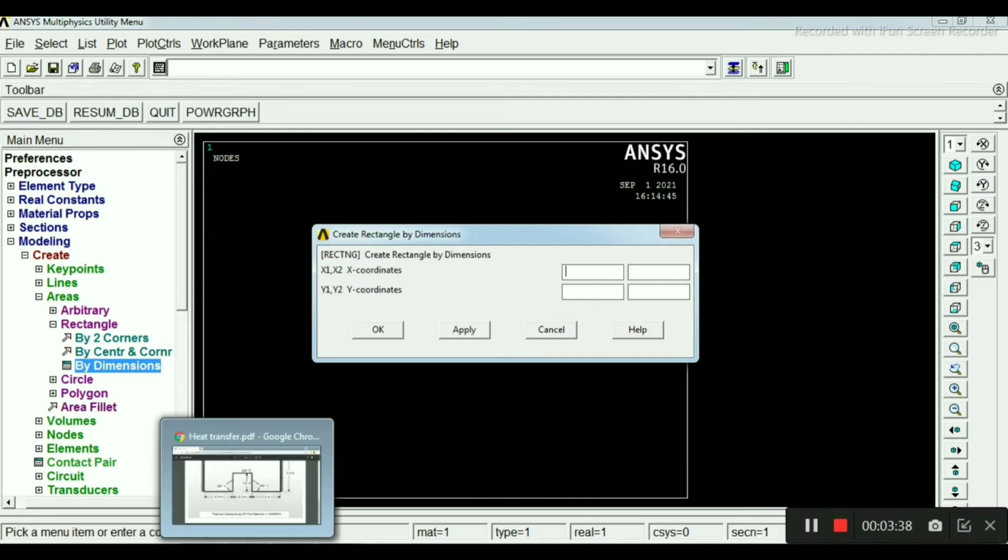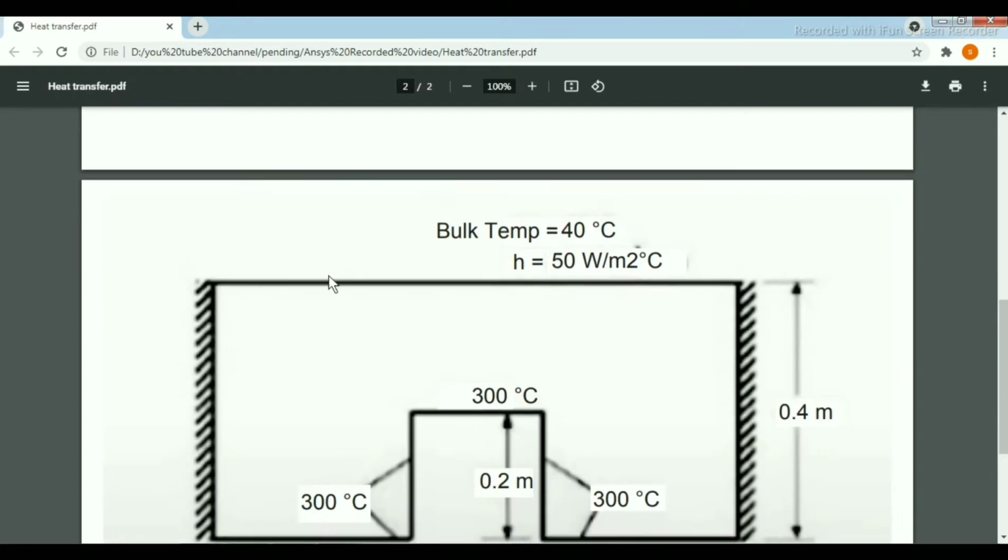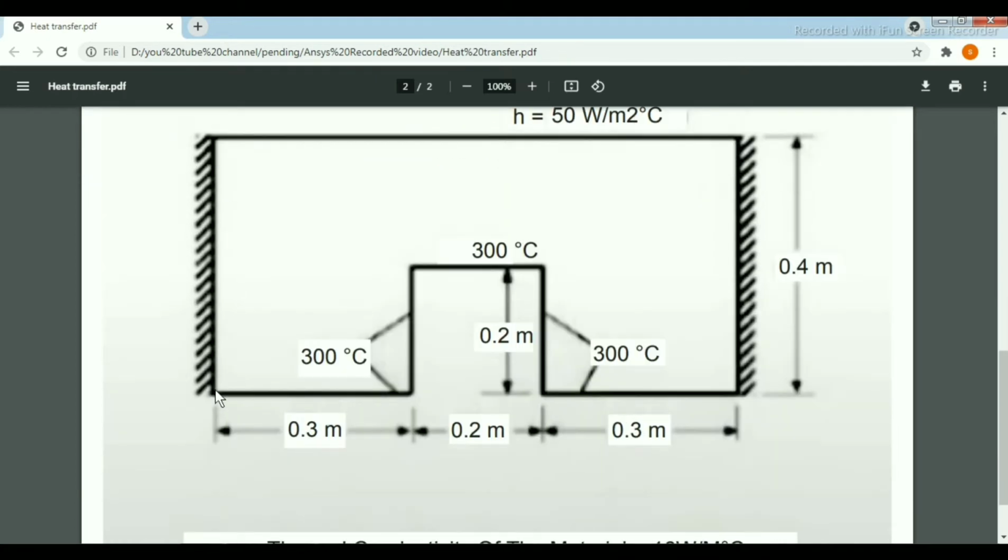Our first x coordinate is starting from 0 to 0.8, and the y coordinate starts from 0 to the total height, 0.4.